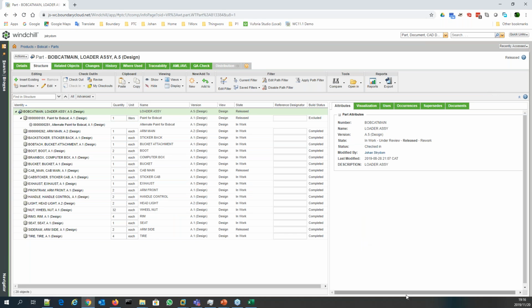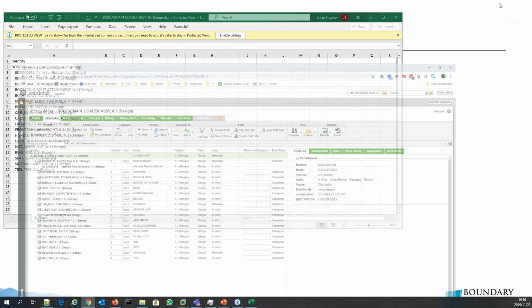So let me quickly get to some of the questions. Jeffrey asked, what are the advantages or disadvantages of using a part-centric approach to a product or a CAD-centric approach? Usually the difference there is depending on where you start your design process. If you start your design process from a CAD perspective, where you physically start creating parts in CAD, you check them in and that builds up your structure,